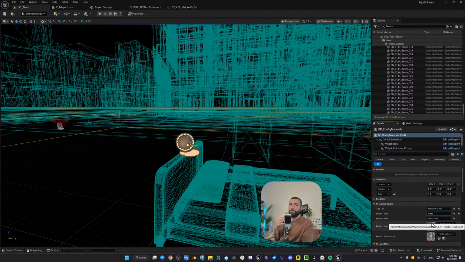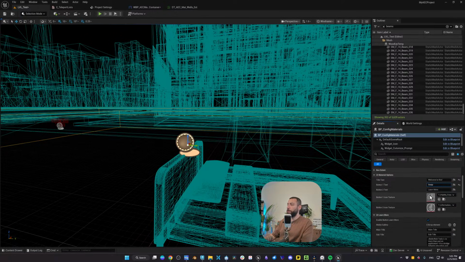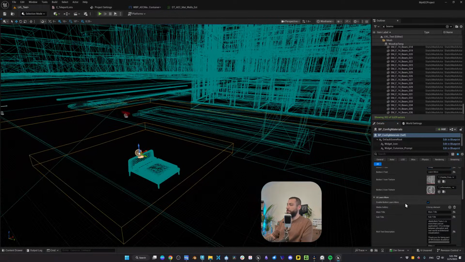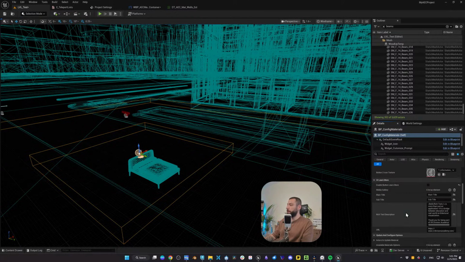Maybe Spanish, maybe French, maybe Arabic, maybe anything you want, depending on the text, of course. So you can change the texts on these buttons. And you also have the ability to disable a specific button. So we have the button learn more. If you decide to disable it, you simply click here to disable that button. And let me make sure that, yeah, you can see.